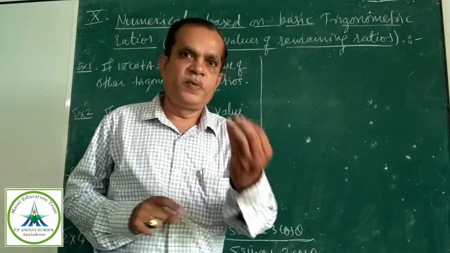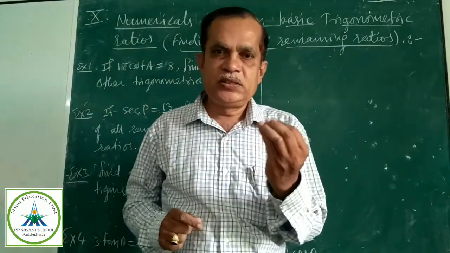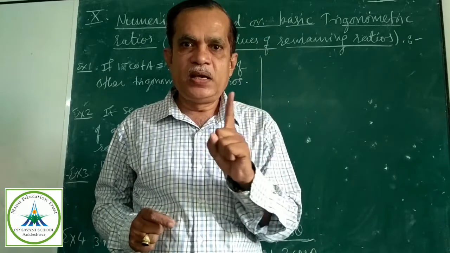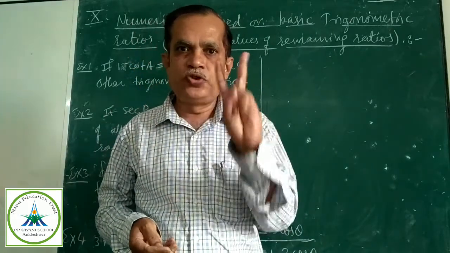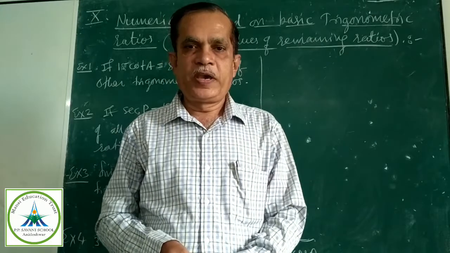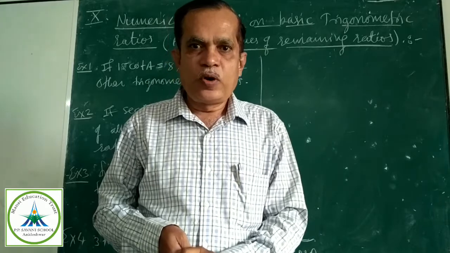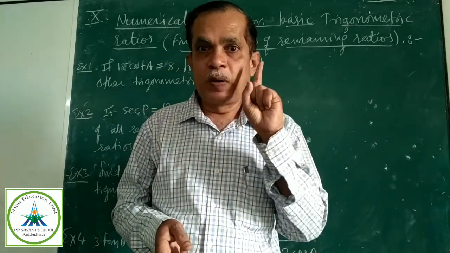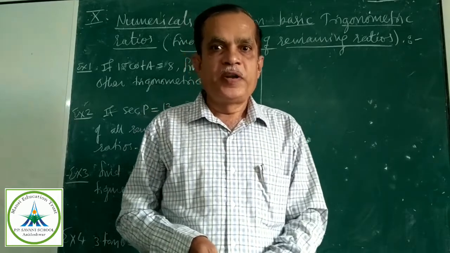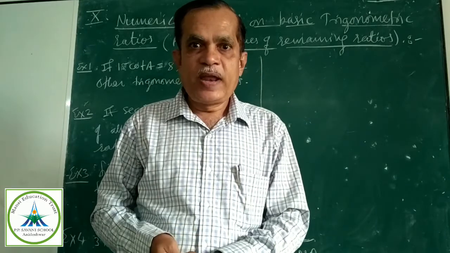Previous video we discussed the basic meaning of trigonometric ratios. In a few seconds, let us revise what we did. Number one: in a right triangle, how many acute angles are there? Very good, 2 acute angles. For each acute angle, what is the name for its opposite side? Very good, perpendicular side.